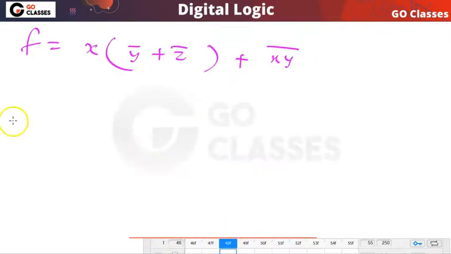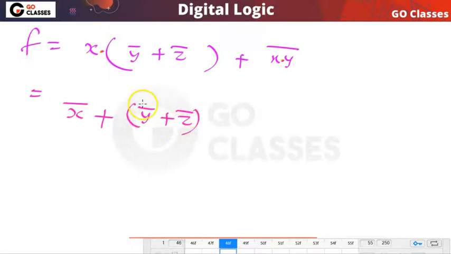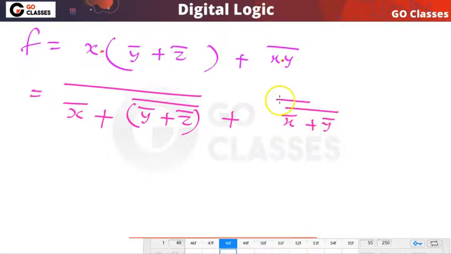Now in this function we have the AND operation. You can notice this is the AND operation that we have, and similarly this is the AND operation that we have. So two AND operations we have in this function, and we can eliminate them very easily. What I can do is write x bar or this whole bar, y bar or z bar, whole bar, or I can write x bar or y bar, whole bar, whole bar.